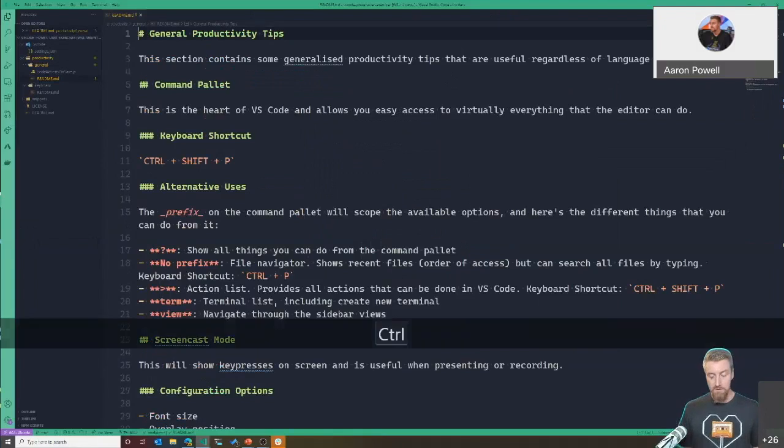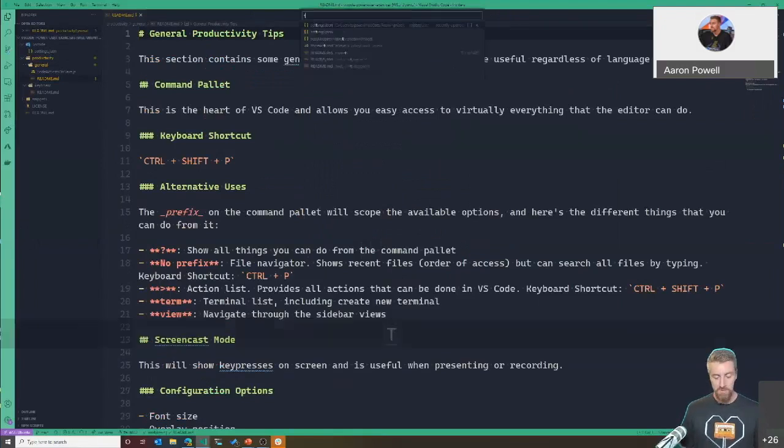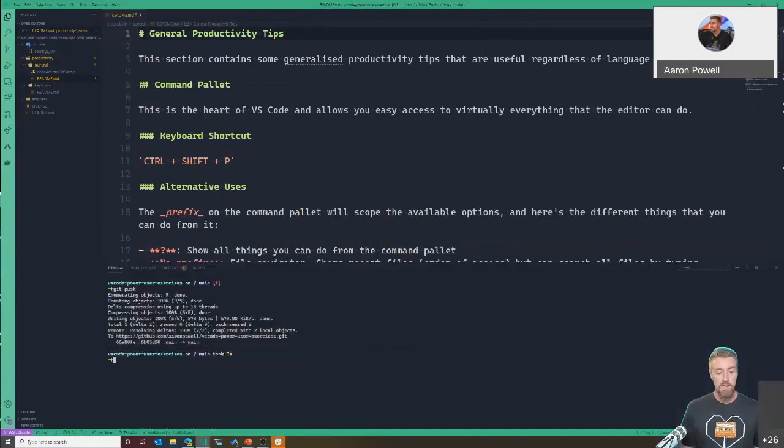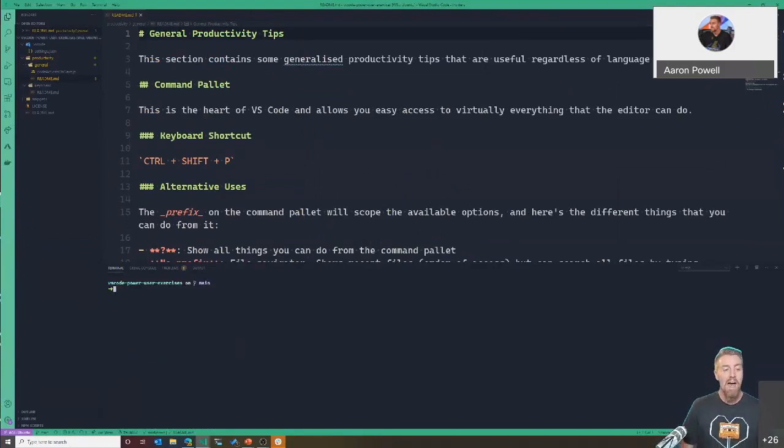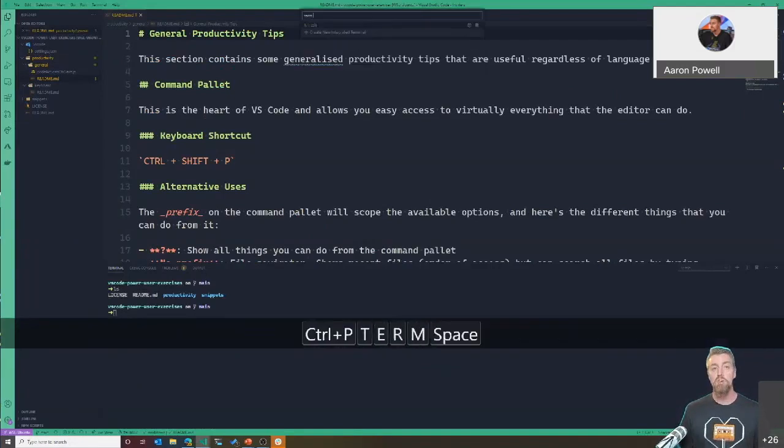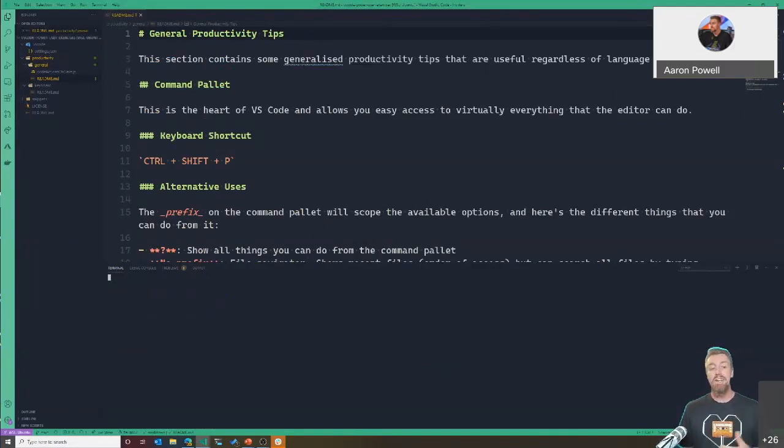Now, the next thing I want to show off from the command palette is if we type term, this gives us access to the terminal. I've got a terminal instance that's already open, so I can pop that here. You see I was doing a commit earlier and adding some stuff to my notes, but now I'm in my terminal, and I've used the keyboard to jump through to this, and I can navigate around. Just do ls so we know which one we're at. I can do Command P, term, create, and I can create a new terminal.